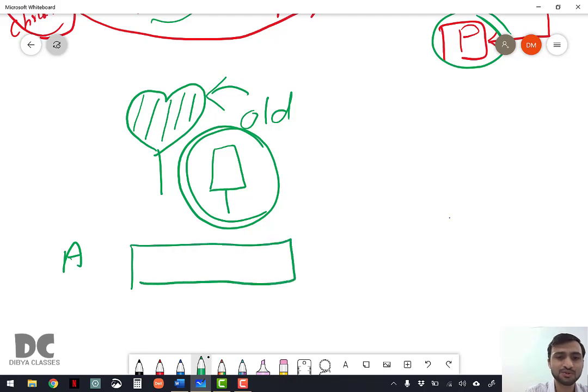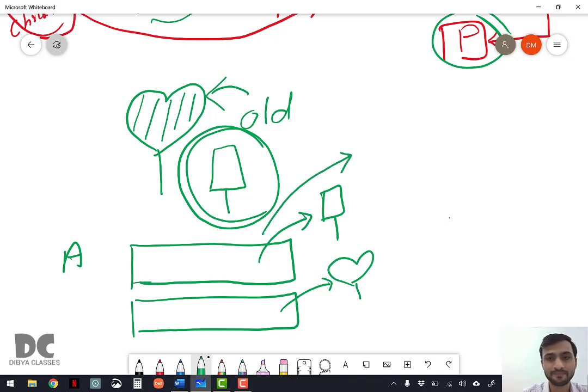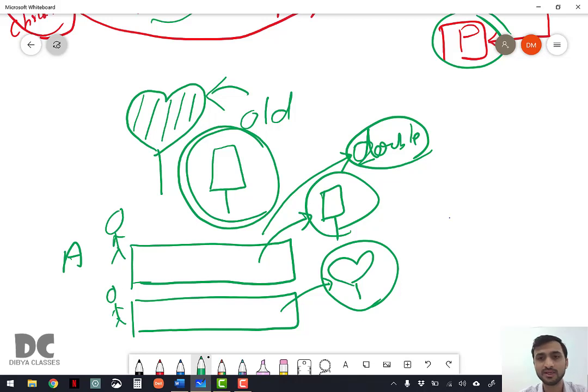A has to run both the machines, because the first machine is cutting in this shape and the second machine will cut in this shape. So two machines means, machine takes energy, right? Electricity, double electricity usage. If a machine is operated by a single person, you need two persons now. One will operate this one, another will operate this one. So basically the cost is increasing twice.